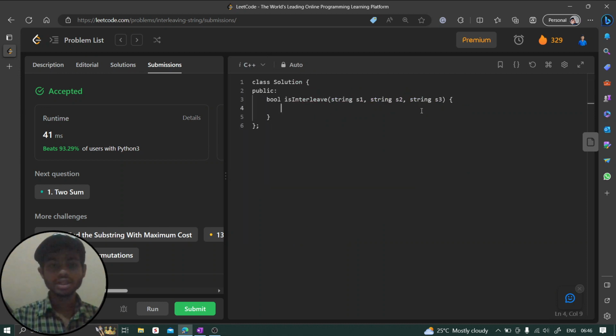All right. So in C++, we are going to say first of all, if s1.length plus s2.length is equal to s3.length, then fine. But if it is not equal, then what you have to do is simply return false. Simple condition, right? Fine. So now what we are going to do is simply say